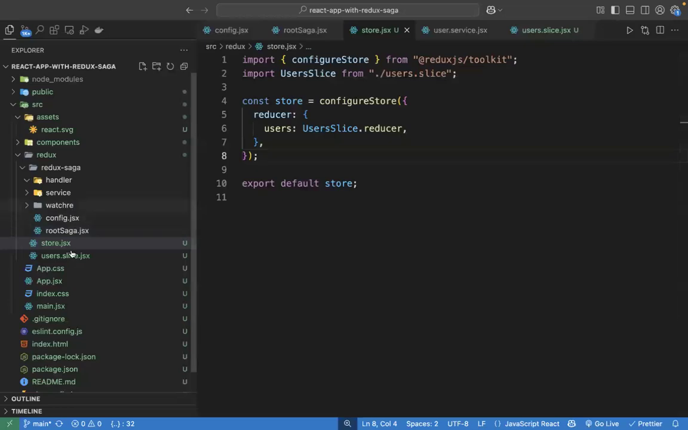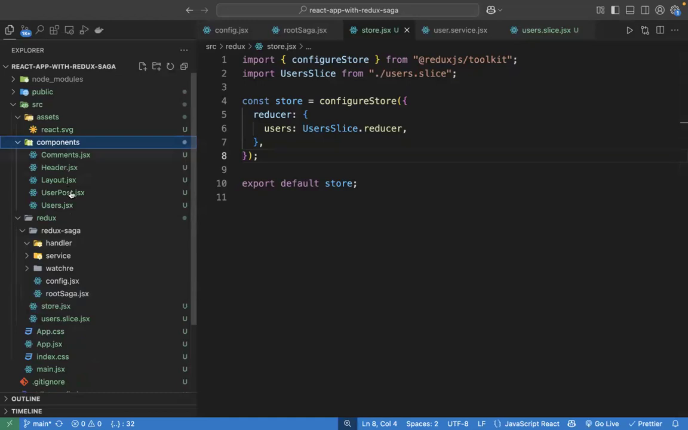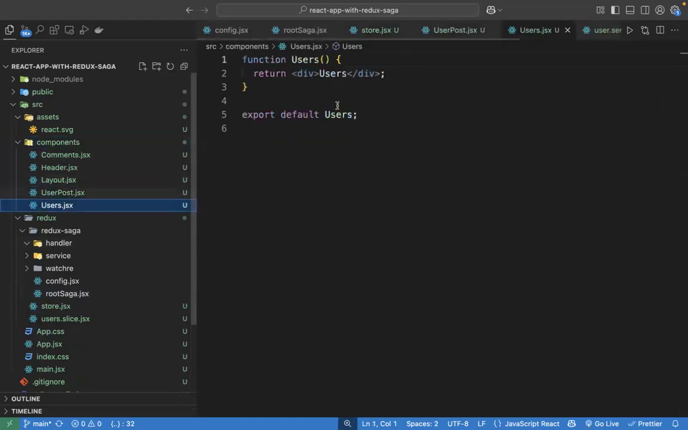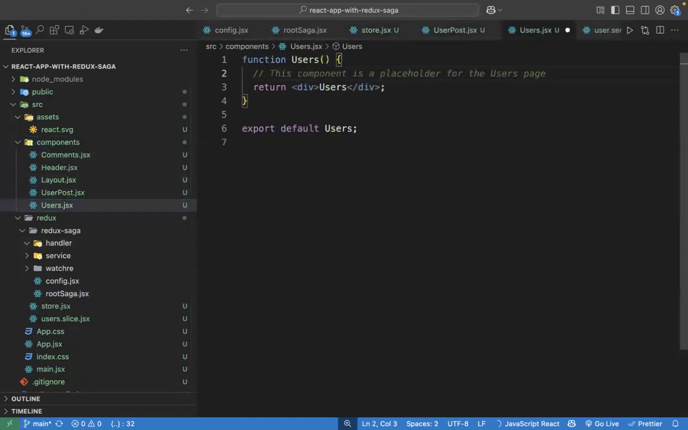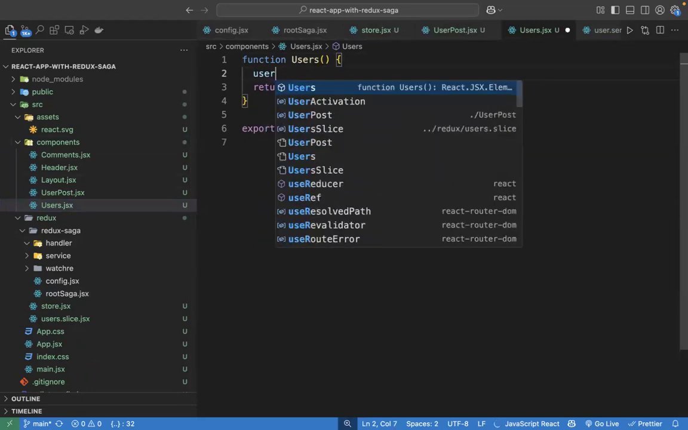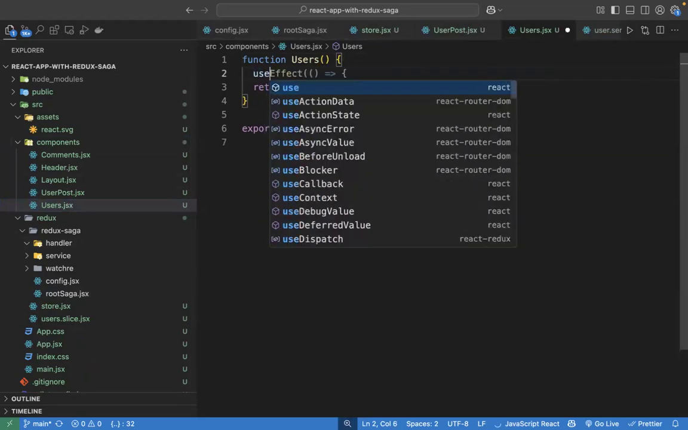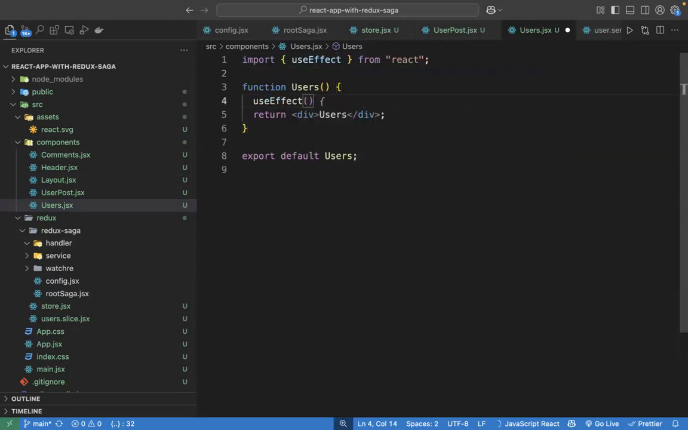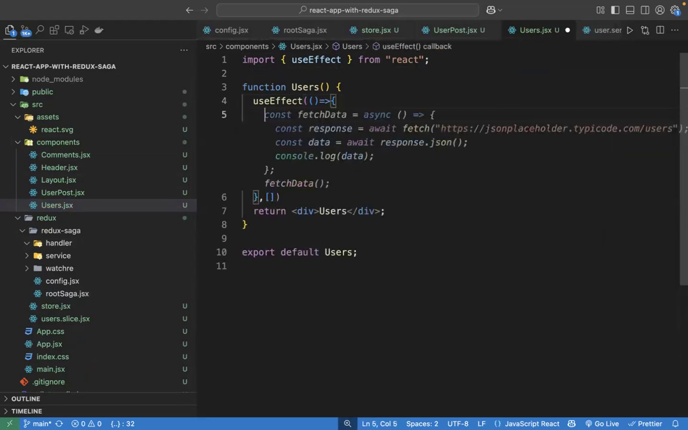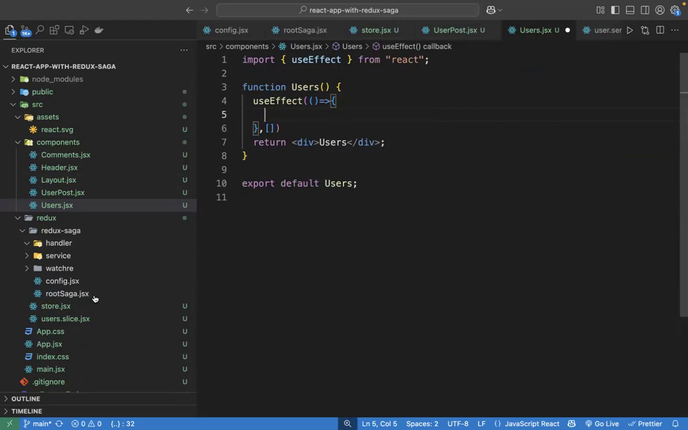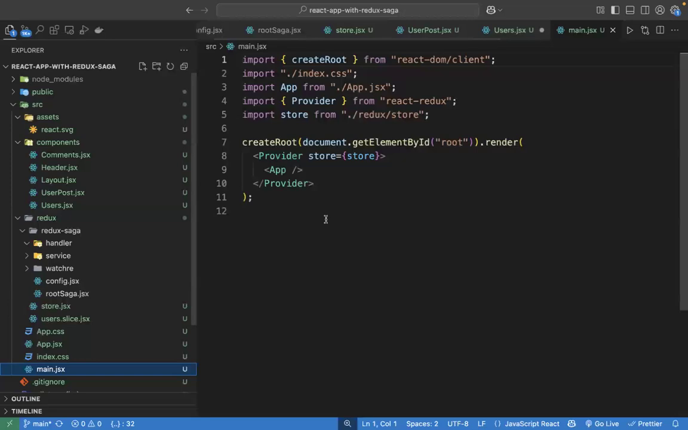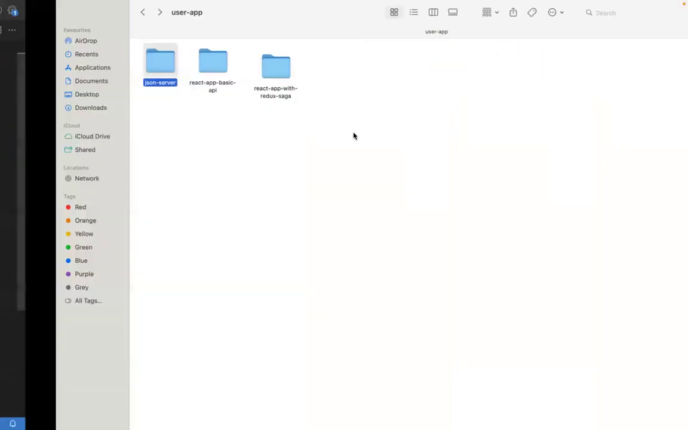Now the next is I will just go to the users in my project under the components. And I will say that I just want to call a useEffect over here. I just want to run it on page load only once. So the next step is going to be,